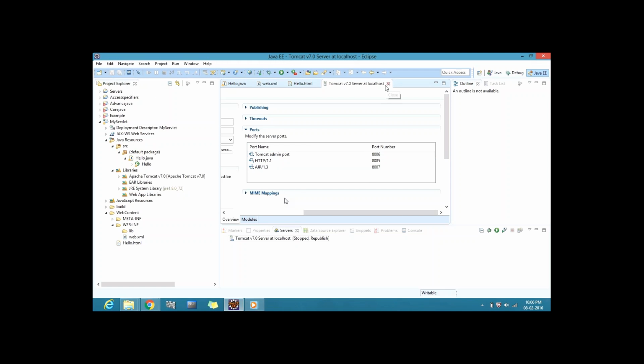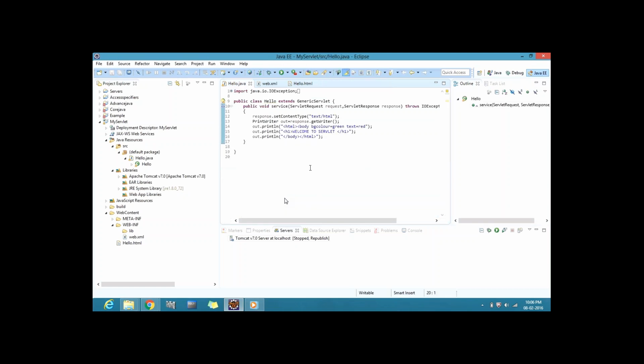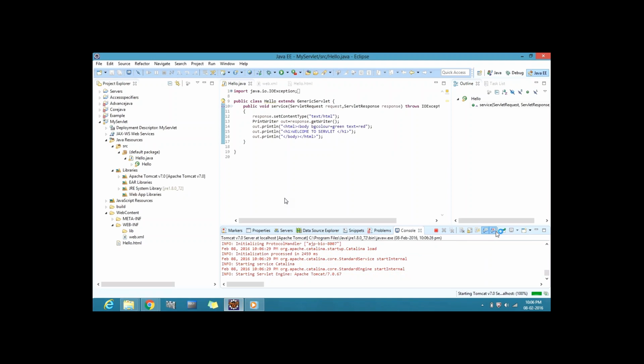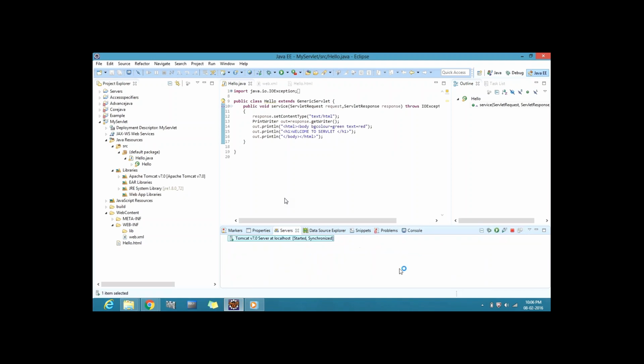Close it. Okay, don't do anything. Run it once again. Just run it, start server here only. Don't run the project. Right click. No, why are you running the program? Starting. It started, right? Yes, sir. There is no problem now. There is a problem inside your project.